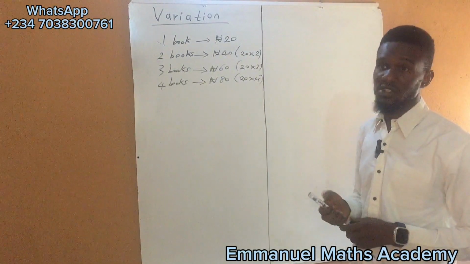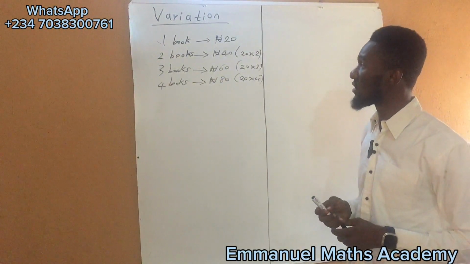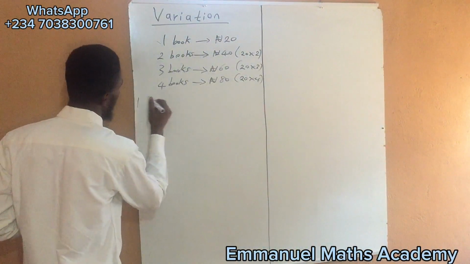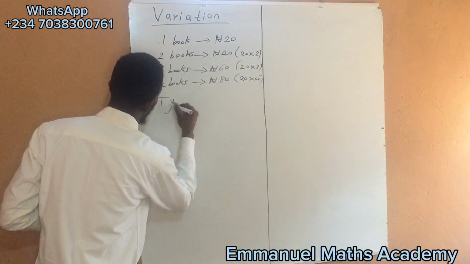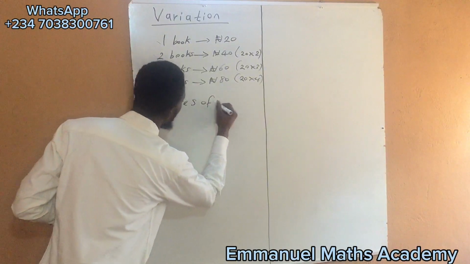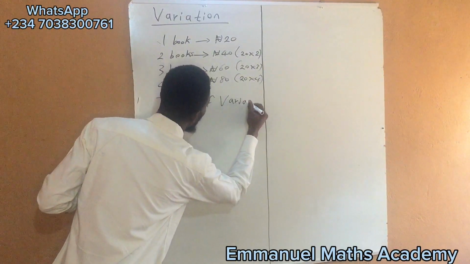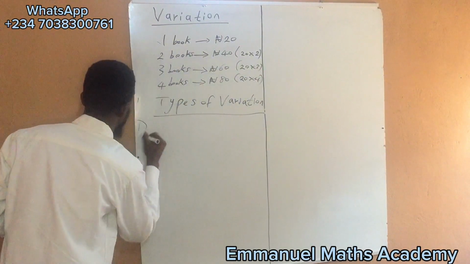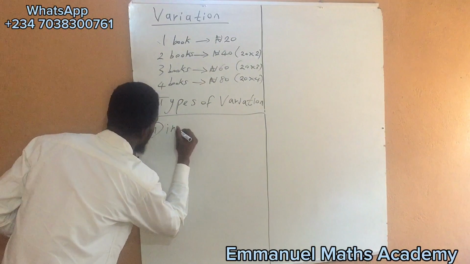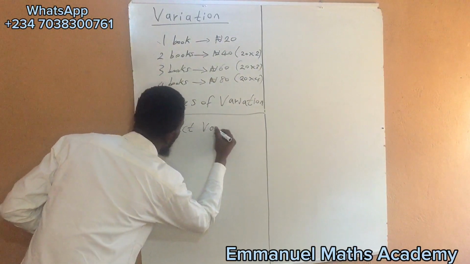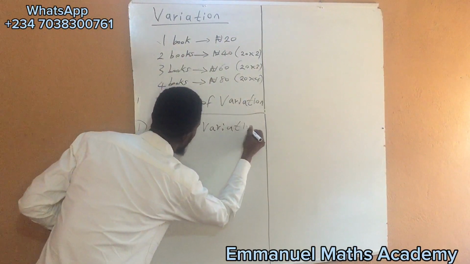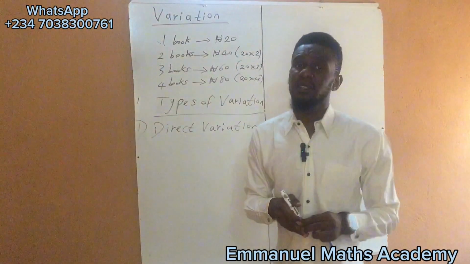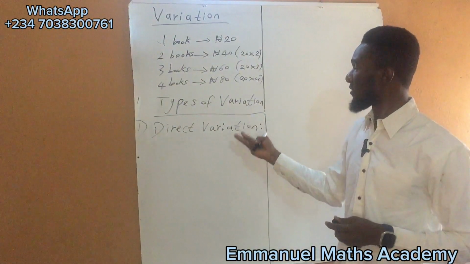Then there are types of variation. First of all, we look into direct variation. Direct variation is the type of variation that